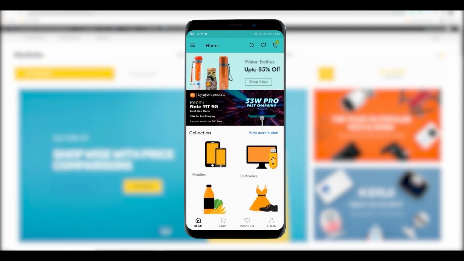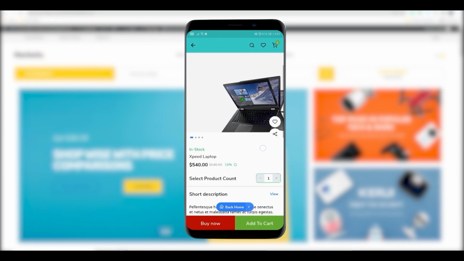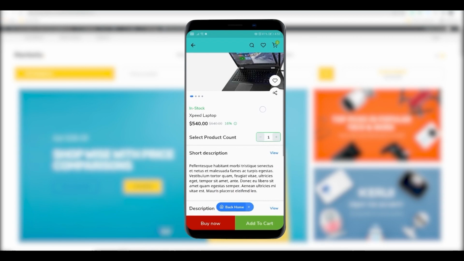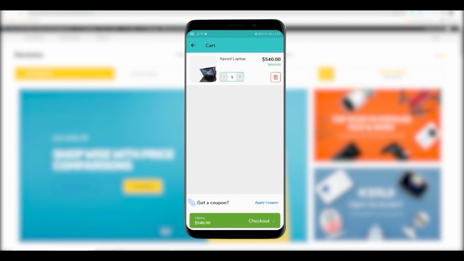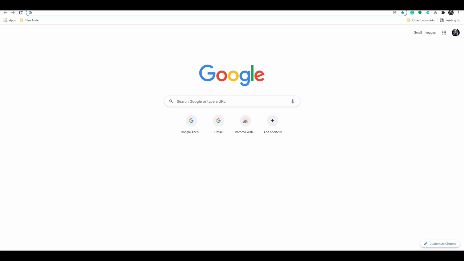The app you develop with Appmaker will include all of the products and categories from the website. Appmaker offers options such as Add to Cart, Wishlist tab, adding coupons, and much more. Customers may check out directly from the app for purchasing their selected products. So let's get started. First, you will need to open a new tab and search for